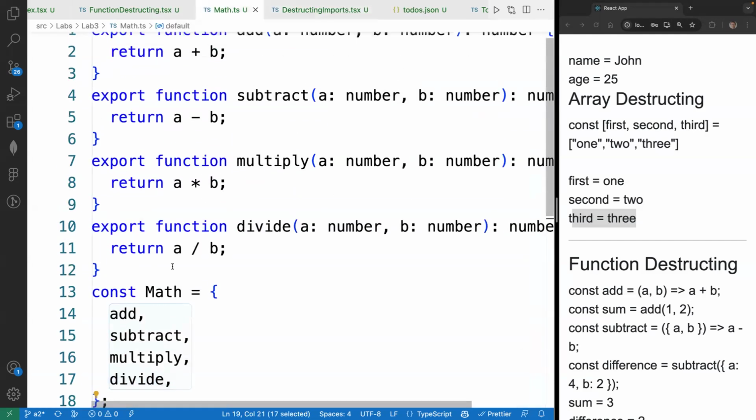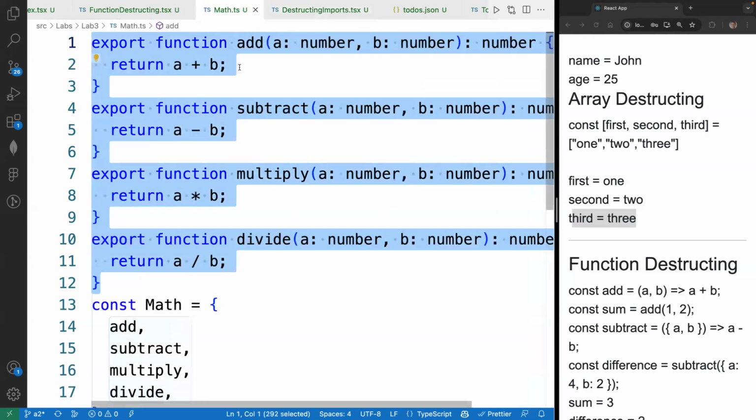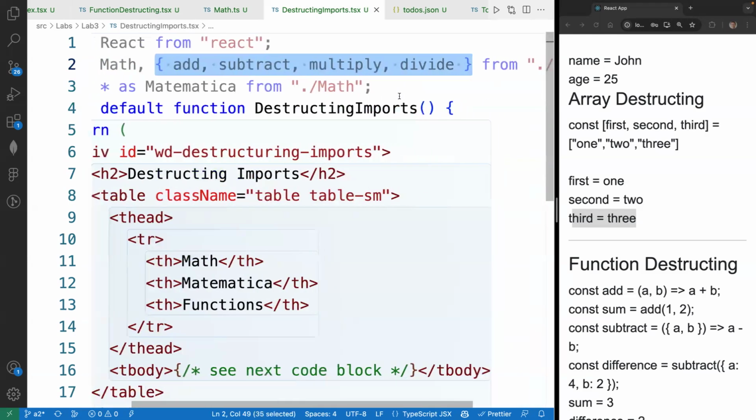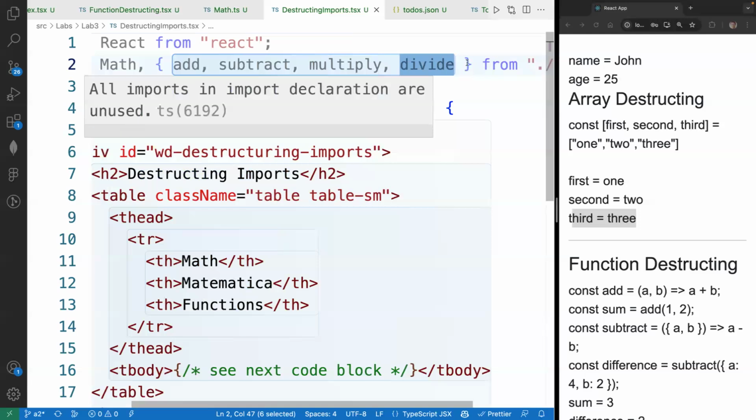Whereas all the other ones, over here, are being collected into an object and then exported like a single thing, that you then need to destructure